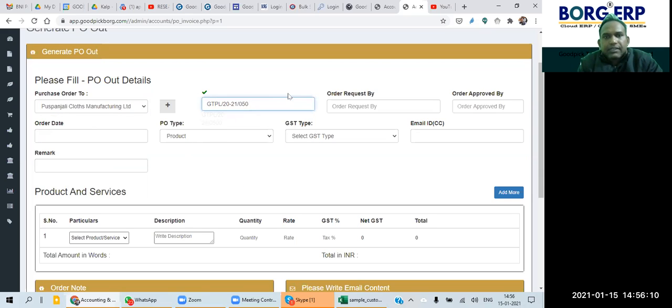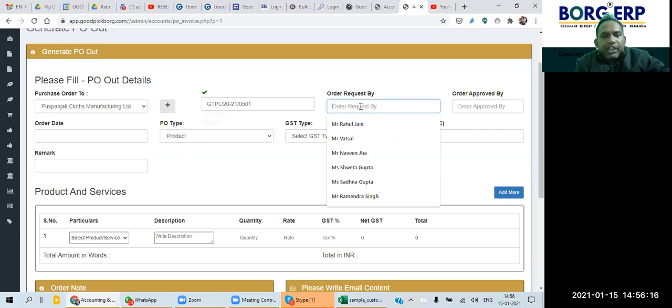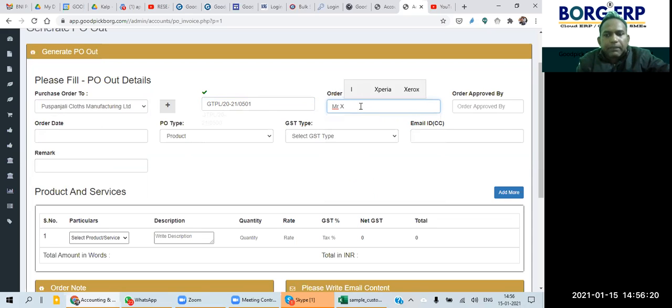For example, this is 500, then we can generate 501. Then order requested by, we can say Mr. X. I mean, this is the name of the person who is coordinating at the supplier side.